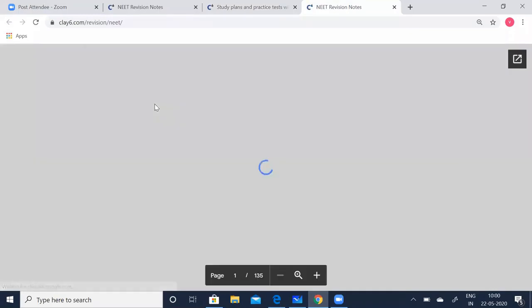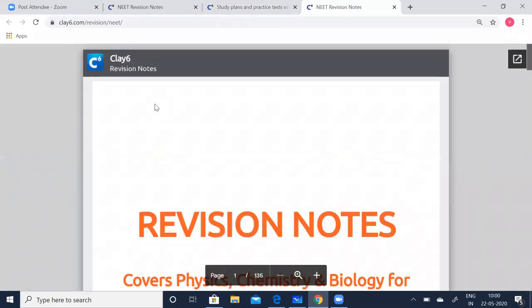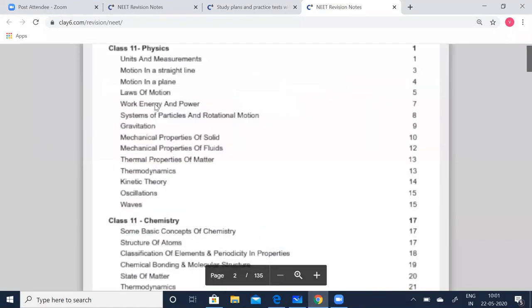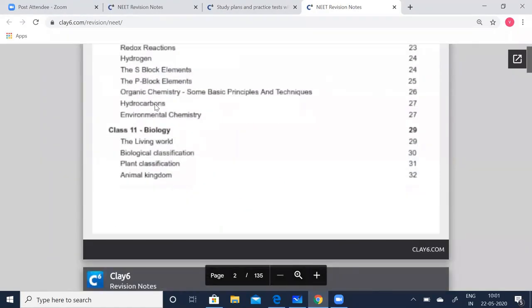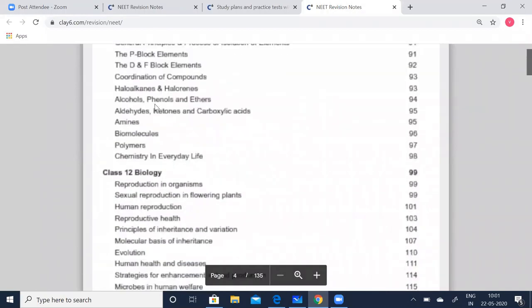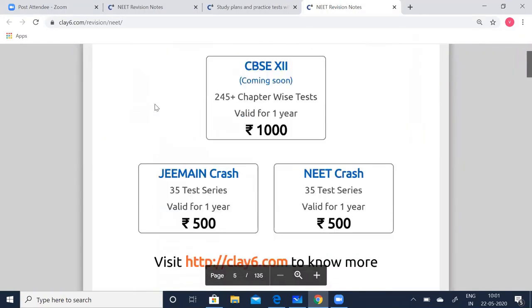Click on that. The revision notes is basically the different concepts and the important formula which we have summarized for all the three subjects, physics, chemistry, and biology. You can as well access this. See, right from the first chapter to the last chapter, we have done everything. So it is enough if you remember all these formulas, go through all these concepts and the important tips which we have given you to crack the NEET exams. It will be very useful for you.